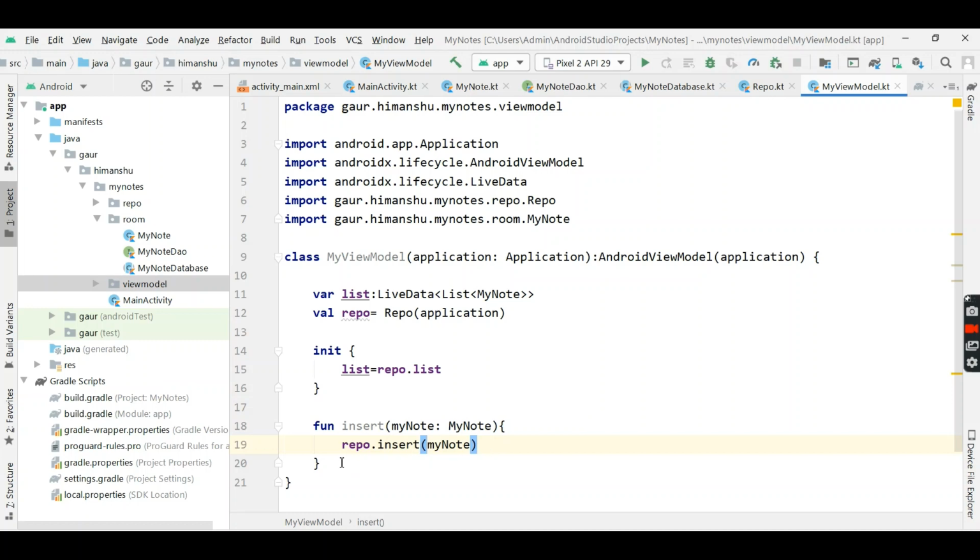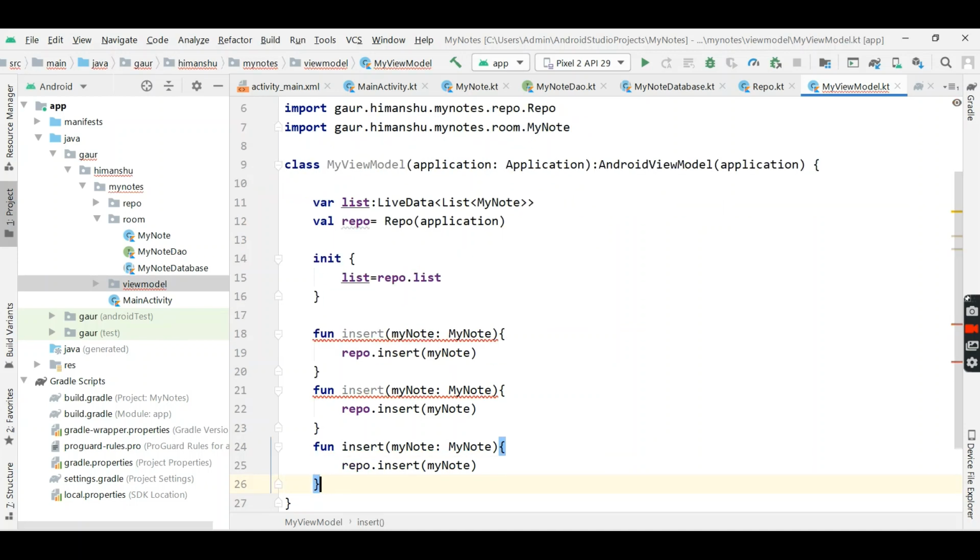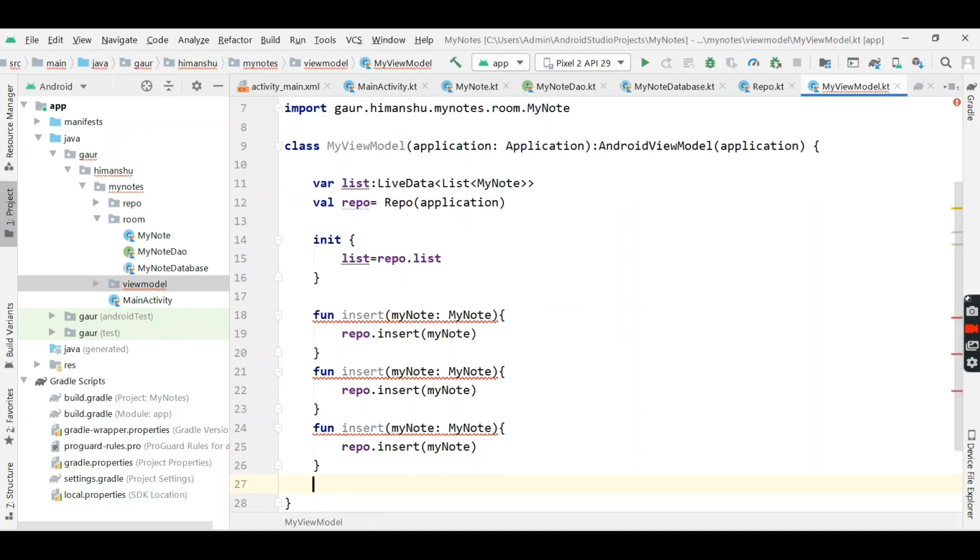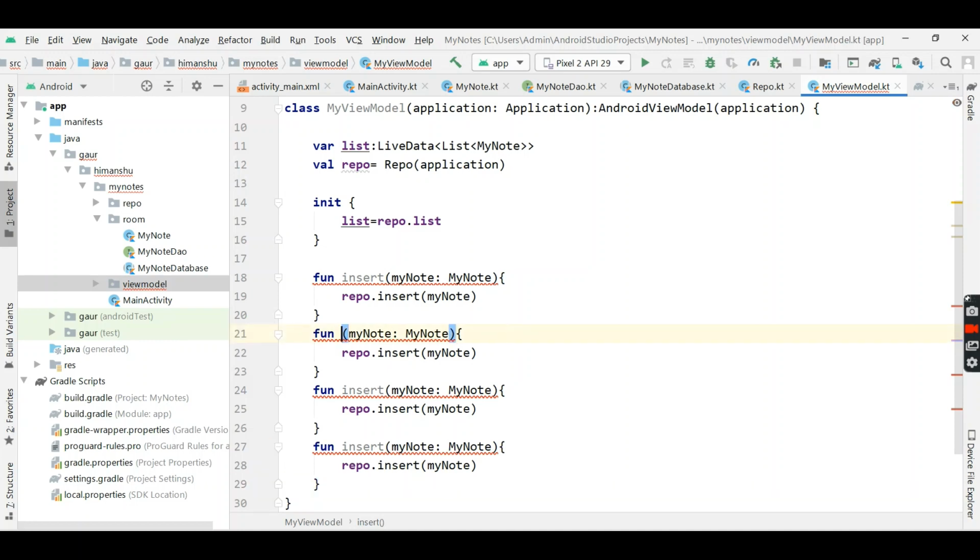So go to our view model and insert my node. Okay, copy this, one for update, one for delete, and one for get all nodes. So this one is for update, and instead of insert we pass update. Okay, now we call delete. So this is for delete, so change the name. So delete is our delete, and this is get all nodes.